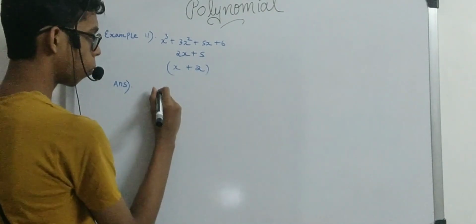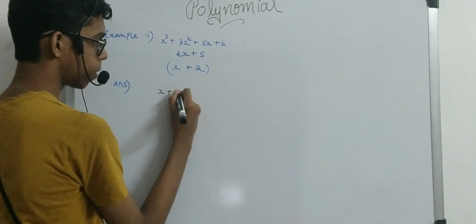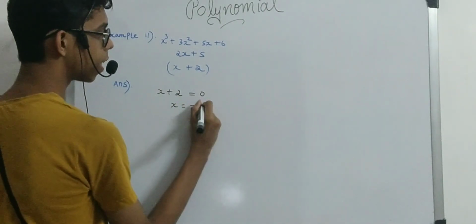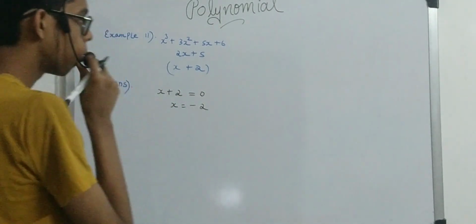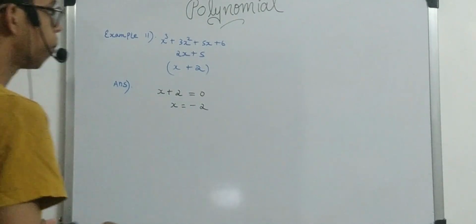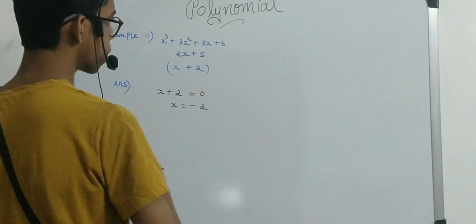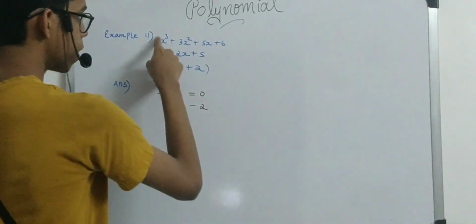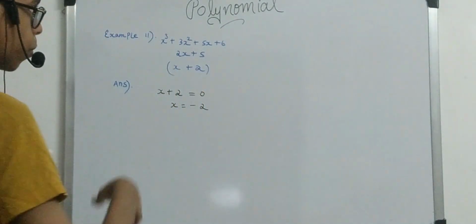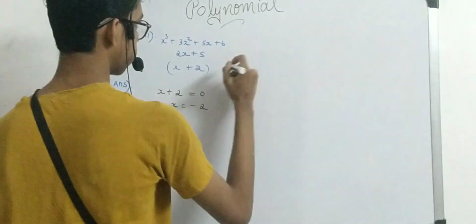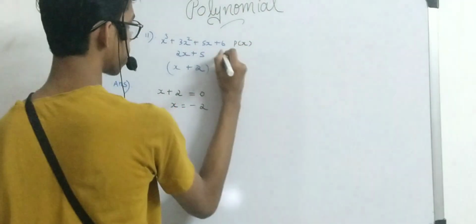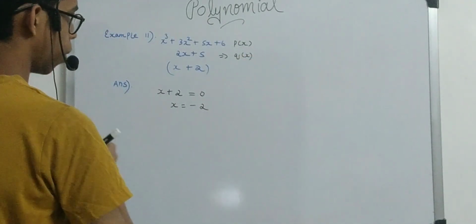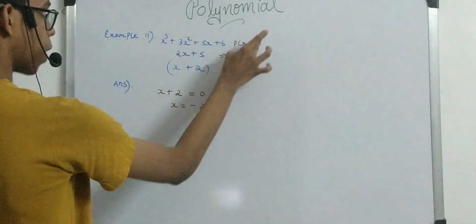First of all, we know what our first step is: take x plus 2 and equate it to 0. From here we get x is equal to minus 2. Now what should we do? We should substitute this minus 2 in this equation and this equation. These are two separate equations. Let us take the first one as p of x and the second one as q of x. First, let's see whether x plus 2 is a factor of p